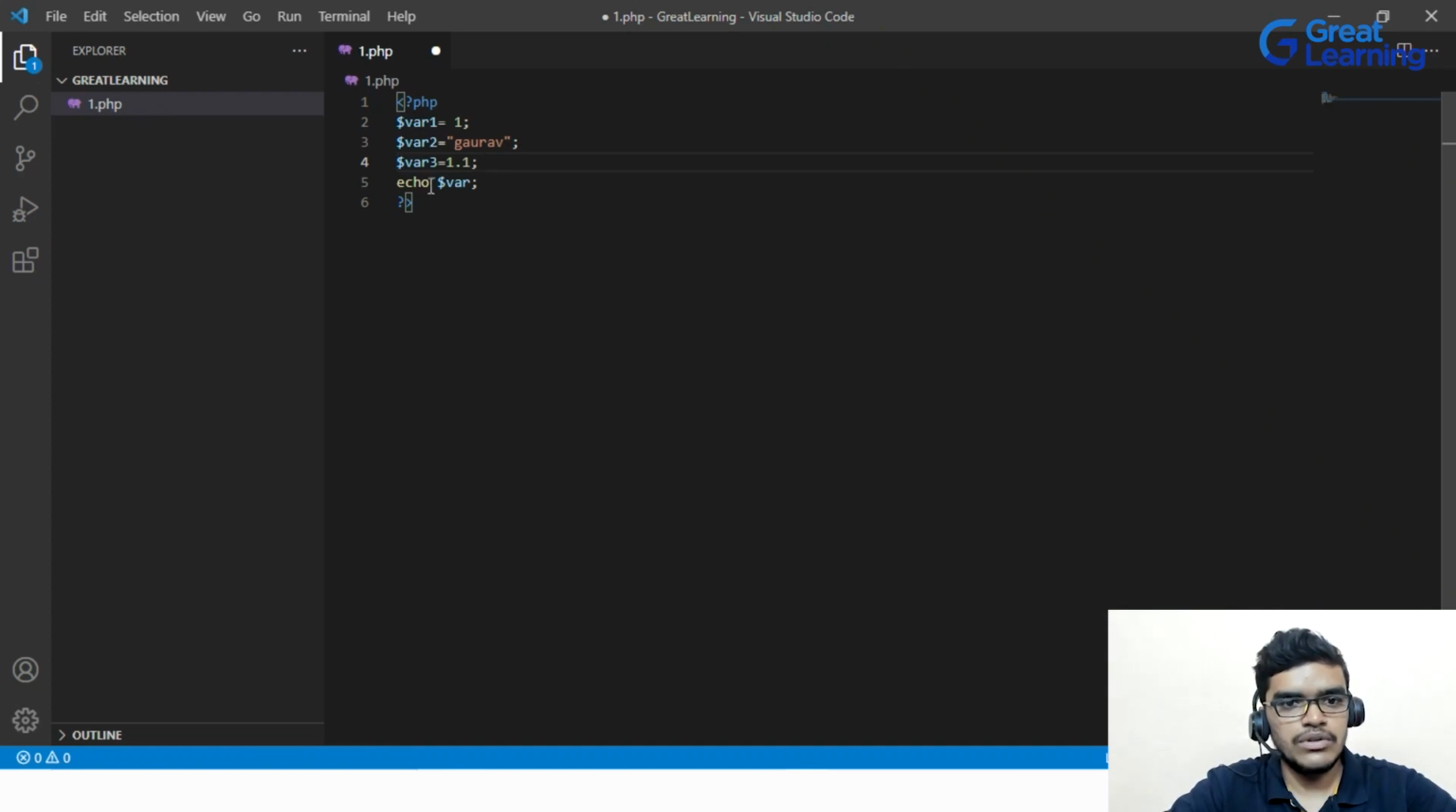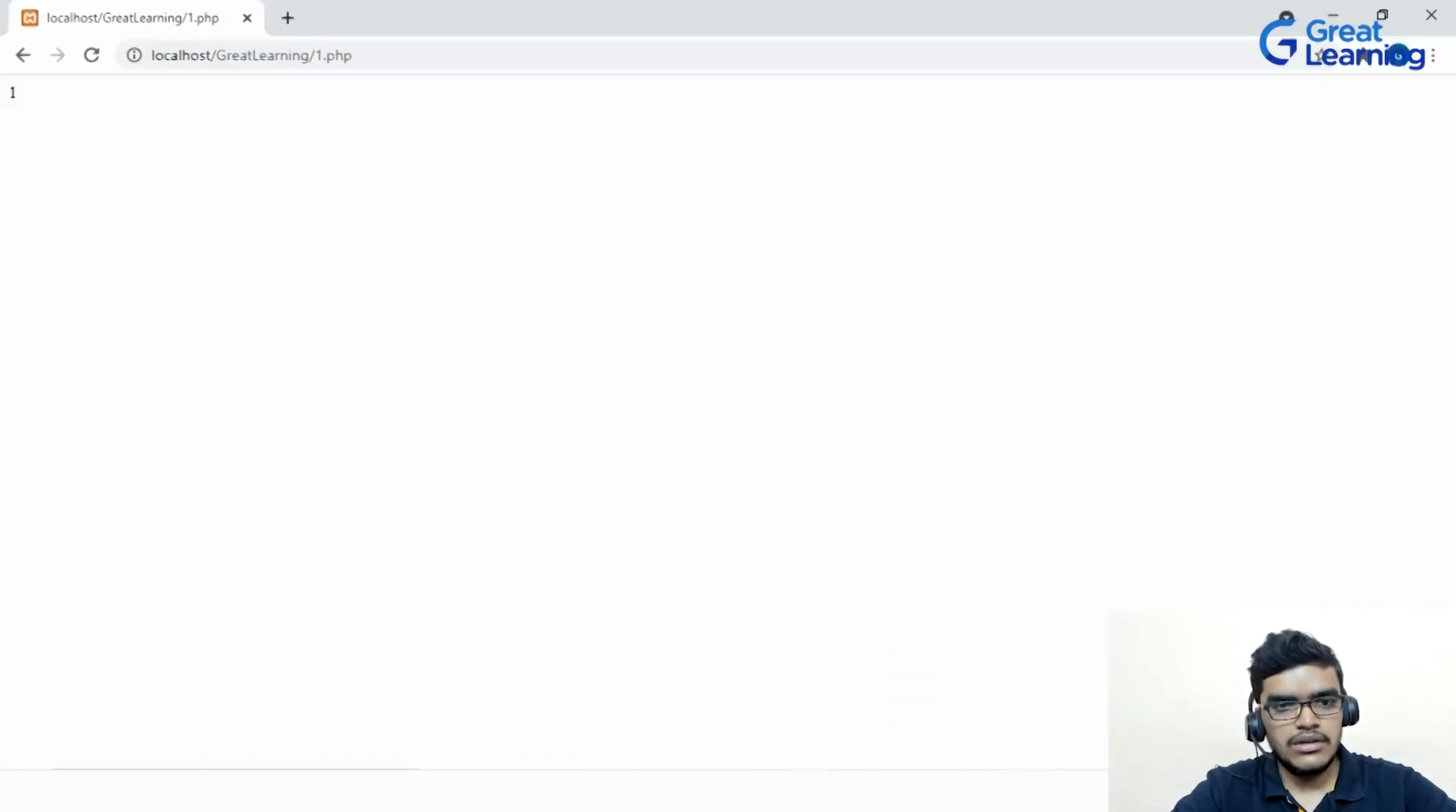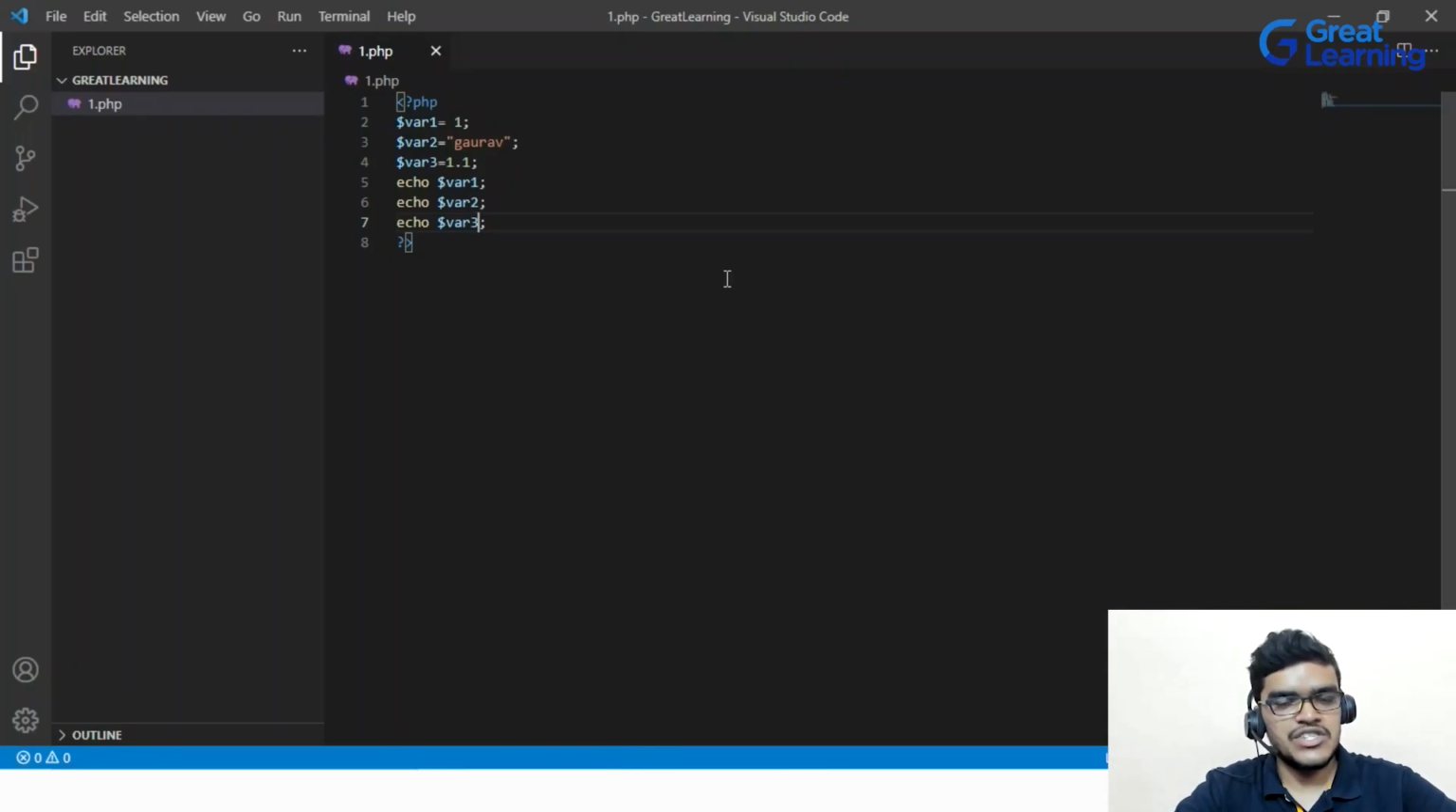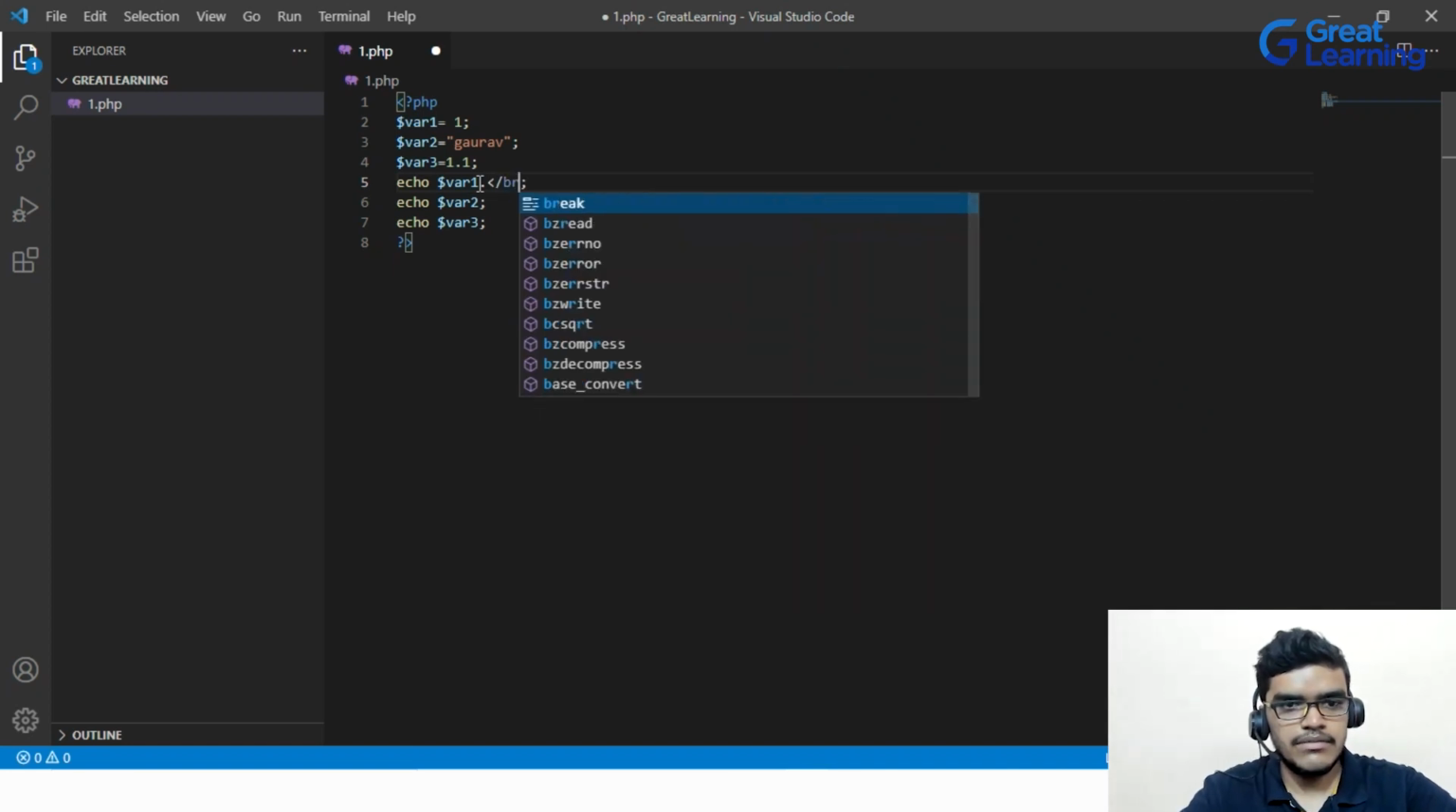Now if I want to print out, let me copy this statement, and here I will give var1, var2, and then var3. Now if I'm executing it, I will press Ctrl+S, and you can see that I'm getting 1 Gaurav 1.1, but I'm getting all this on the same line, right? But I want these values to be displayed on different lines. For that I will be using a br tag, that is an HTML tag, right? So what I will do here, I will write a dot, and then I will write br,